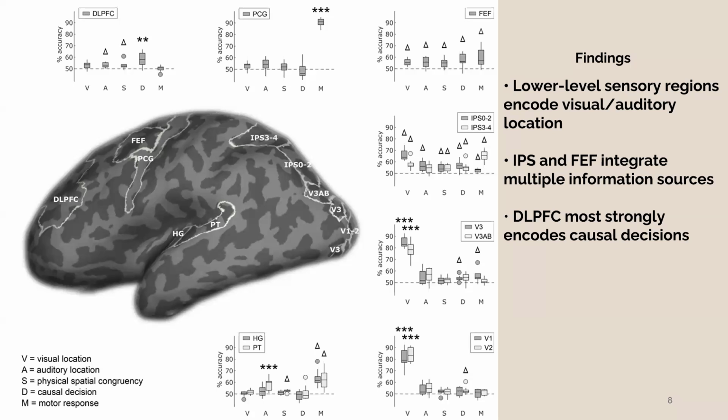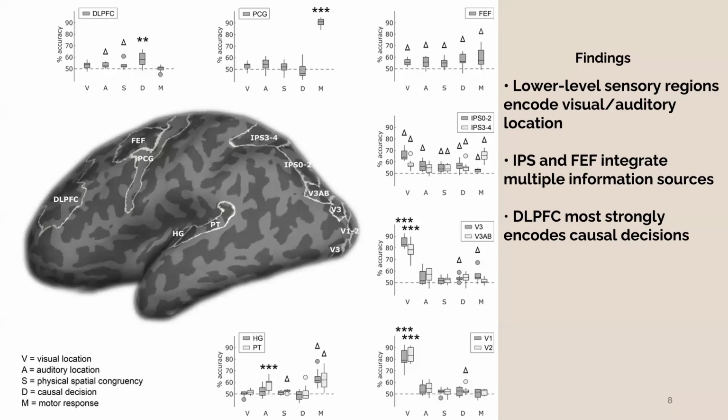And from this, we can make 3 major inferences. The first one is that lower level regions, which I think they mean just these ones in the back, these and the Heschl's gyrus, and this one was planum temporale, right? These two are responsible for audio, and the visual ones are, as the name suggests, responsible for the visual activations. And if you look at intraparietal and frontal eye field on the top right,